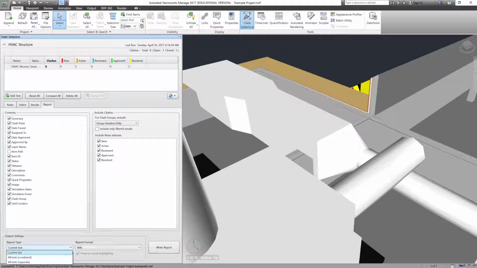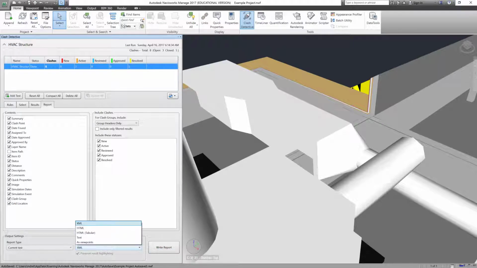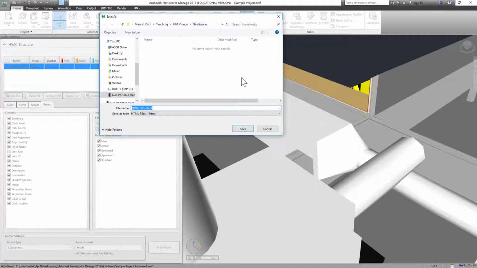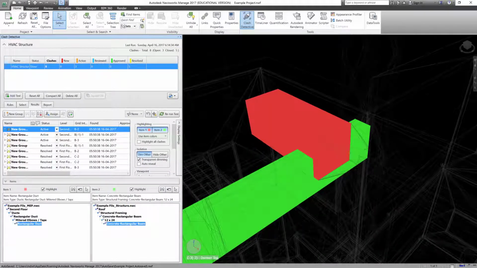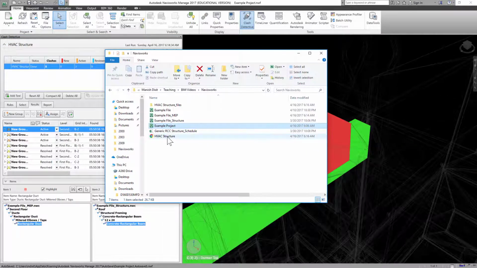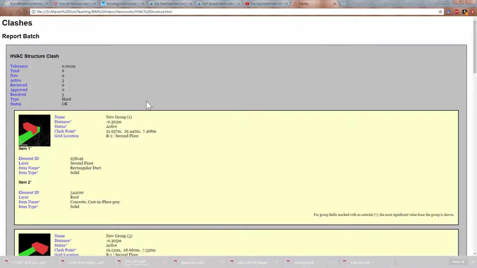Before you write a report, you can select the report type: current test, all tests combined, or all tests separate. Right now we want to do this test. We can also select a format, let's say XML, HTML, or text file. So let's create an HTML report. Click on Write Report, and it's going to ask you where you want to save it. Let's save the report, and it has saved. You can come back to Results and open that report. It's right here. When you click on it, it's going to open in your internet browser,